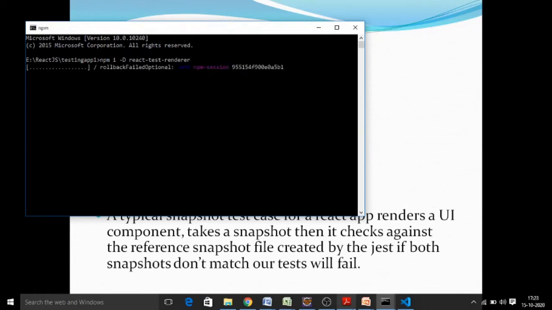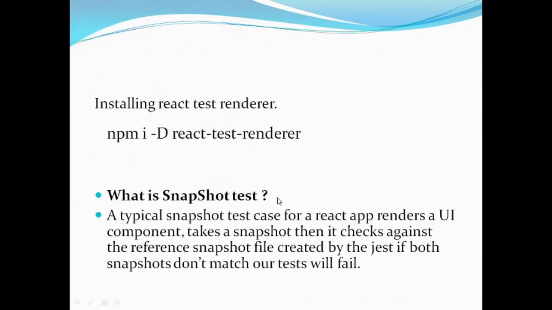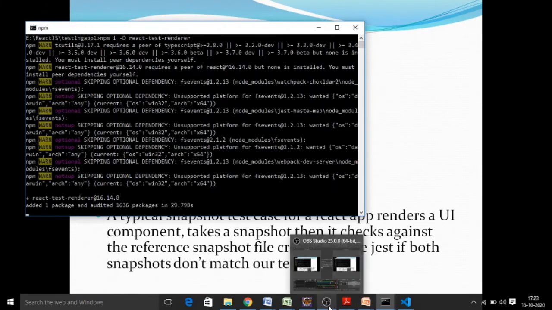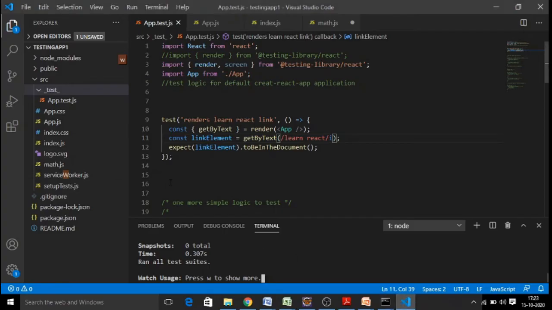So this library is needed to perform the snapshot testing. For a default testing, it is not required. Directly you run with the npm test command. But for snapshot testing, we need an additional library called react-test-renderer. Whenever you install this for your snapshot testing, it takes some time to install that library. Now you can start performing a snapshot test. So how do we do the snapshot test? So let's go into the application. So the library is installed. Instead of taking the default test case, right?